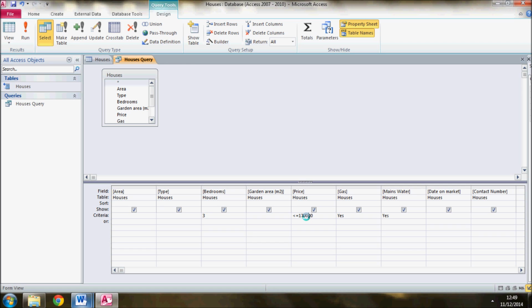So you're like, oh okay, if you did something wrong with the bedrooms first up, you'd have seen it. So you'd only had one to worry about. So it's a really good idea. Just do one criterion at a time and then just flick back between datasheet view and design view just to check it works. If you try and do all four and then it messes up, you don't know which one it is that messed it up. So that's a pretty good idea to do it like that. So put our four criteria in